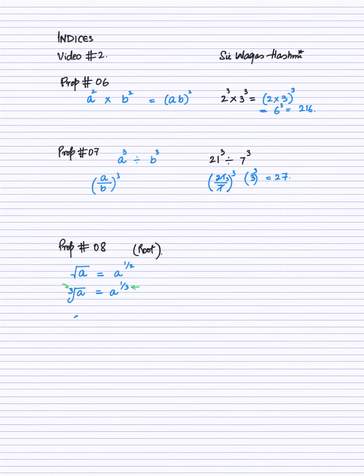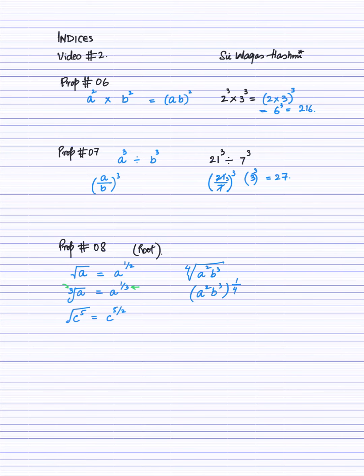Similarly, if you have root of c to the power 5, that equals c to the power 5 upon 2. Or you can say that if you have a square b cube with the root sign of power 4. Alright, so how are you going to write that? It will be (a square b cube) whole power 1 divided by 4.